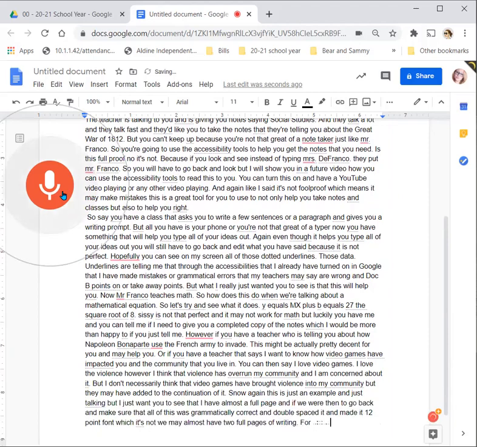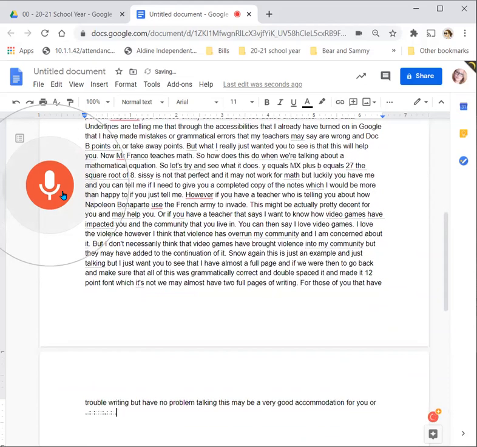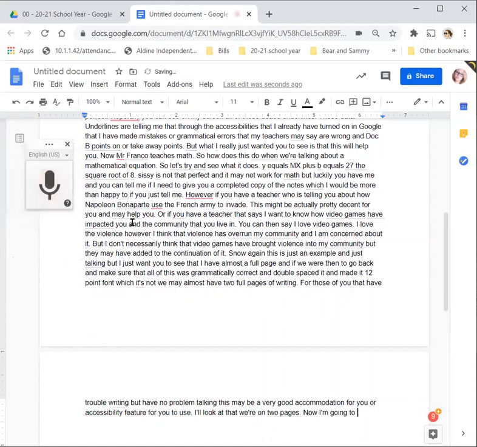For those of you that have trouble writing but have no problem talking, this may be a very good accommodation for you or accessibility feature for you to use, period. Oh, look at that. We're on 2 pages, period. Now I'm going to click and turn off my microphone and see